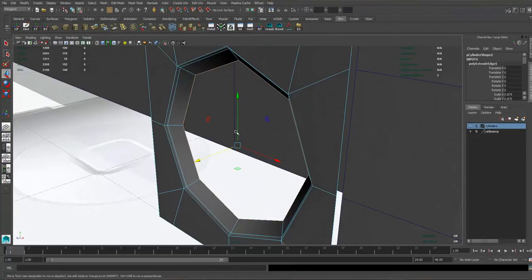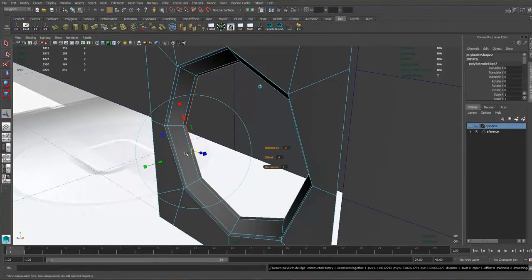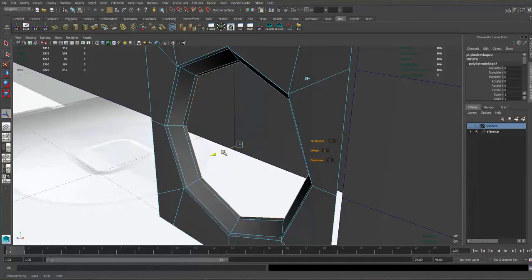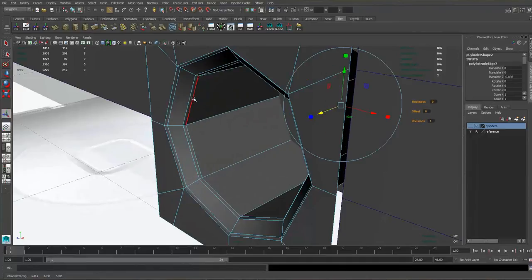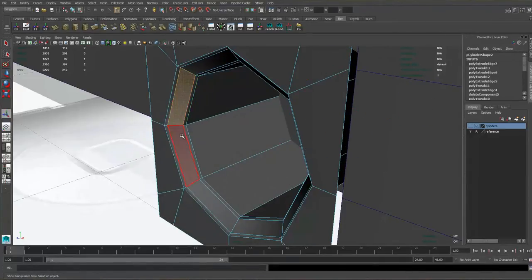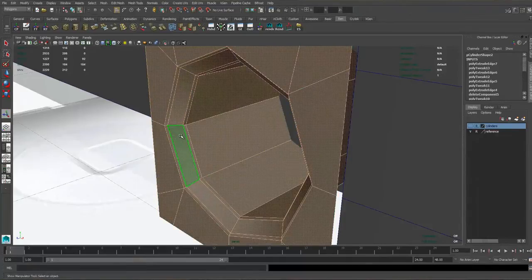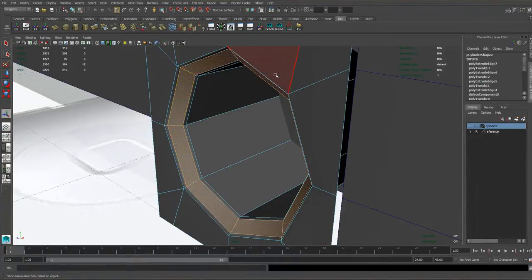Hit F to focus. G to extrude again. Or you could use the bevel command, it's up to you. I'm just going to resize this a tiny bit and then hit G, snap to grid and push it inside the phone there, and I'm going to select these faces like this, Shift, full stop, right arrow thing,